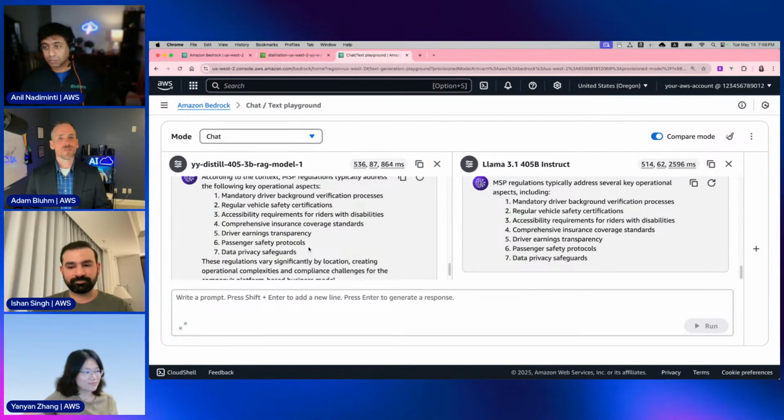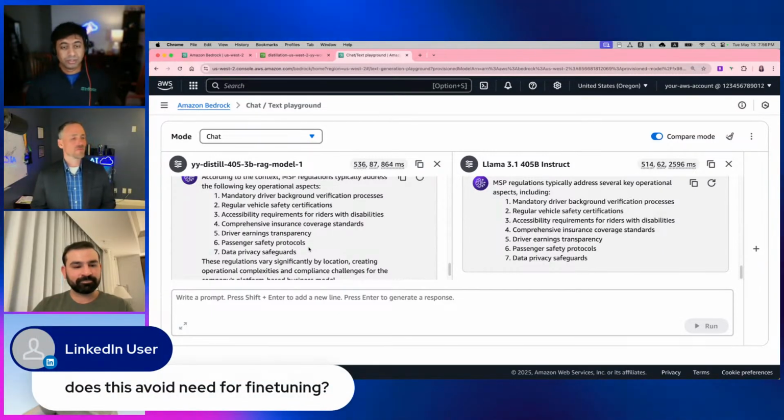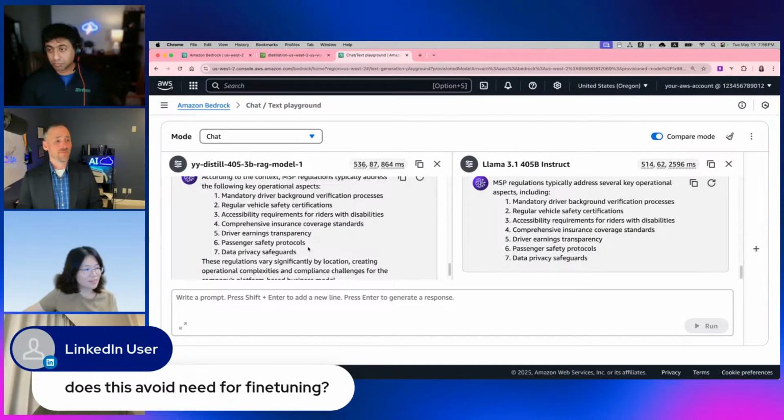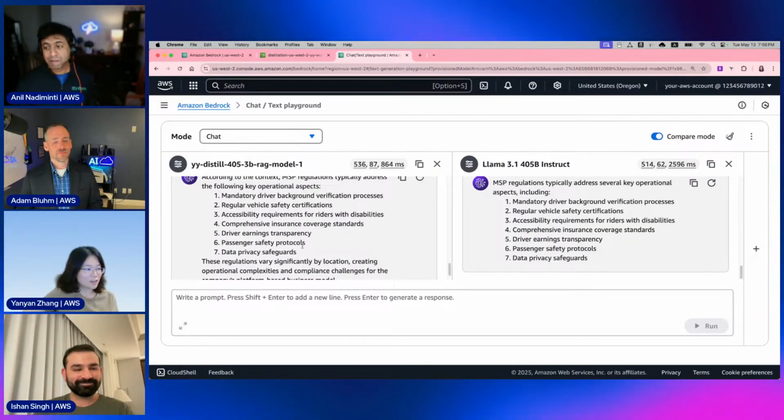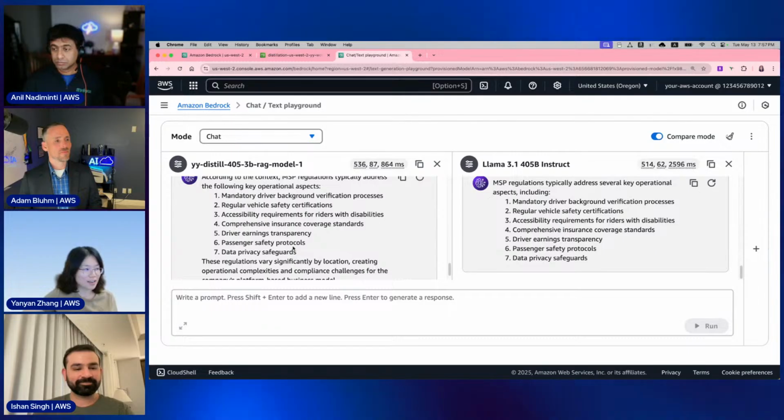Excellent. And we also have some questions in the chat that came up. This is one of them: does this avoid the need for fine tuning? This is from Akbar. Actually, we do the fine tuning behind the scenes for the customer. So I wouldn't say this avoids fine tuning, but if we look back a little bit,